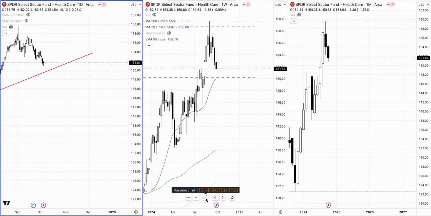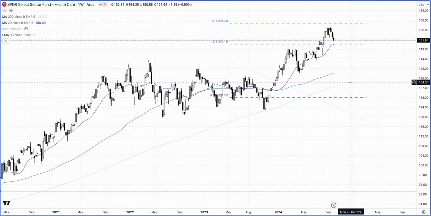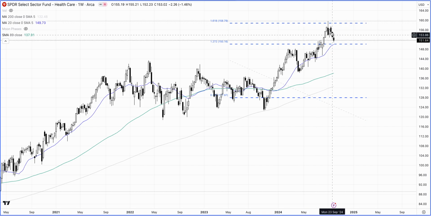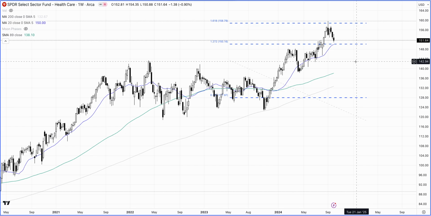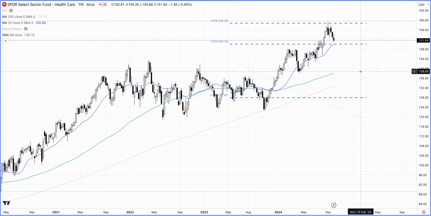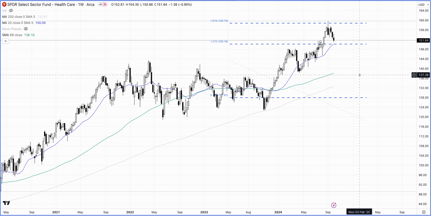Let's see if we were following this on the weekly chart. And here we go. Okay, now I know why it's coming down, because it hit its 1.618 expansion. So let's just wait and see. The chances are it might actually move a little bit lower by about $1.50, right towards the 20-week moving average, which is in blue. So we'll wait and see what it's going to do. Right here, there's some structural support coming up as well.